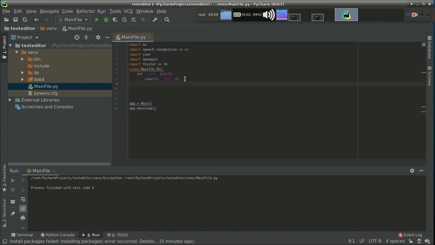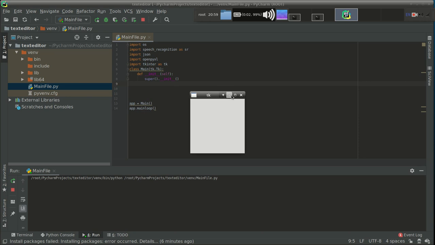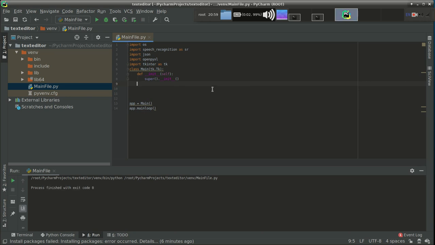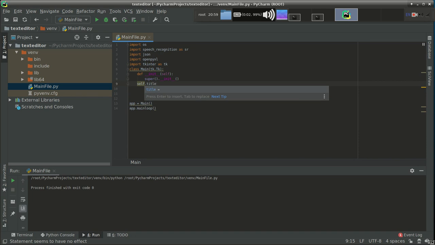So guys, what we are going to do here right now is let's provide the title to the Tkinter window, because you can see that right now it is TK. Let's provide our own title. So our own title will be self dot title, name of it will be Vulkan text editor.